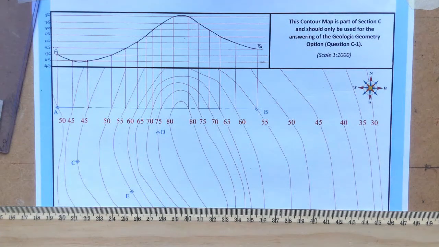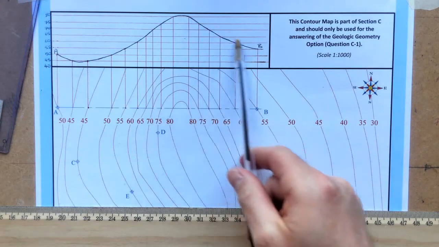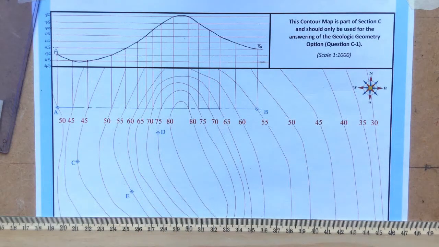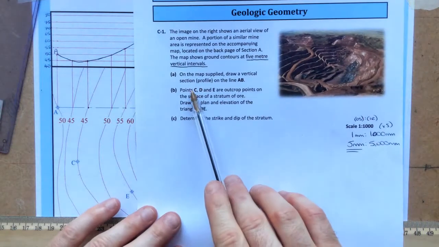So there we have it, guys. That there is part A of the question, where we did the vertical section profile on the line AB. So this is what you would see if you were to slice through the mountain along the line AB there. Okay. Now the second part of the question, part B, it says points C, D and E are